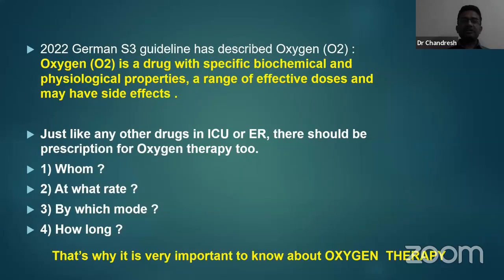So instead of starting oxygen therapy straight away for such a patient who is giving a typical history of COPD, maybe previous hospitalizations, and who is comfortably talking even with 89% saturation, you should try to maintain the same oxygen level and not panic to increase it up to 95 or 96%. Otherwise, such a patient can land up in trouble.